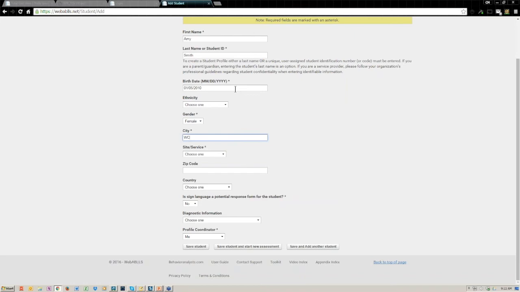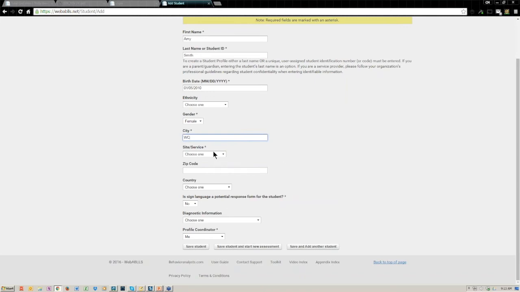We've always been able to print that, but it now has a place where it will insert the number of months based on the child's birth date, how old the child was when that task was actually scored. The gender field will determine the personal pronouns that are populated into the text of the assessments and reports, just like the name. So that would be the he, she, and the him, her. And then the gender and the sign language as a potential response form, those two selections will govern the availability of a couple of specific tasks within the assessment.